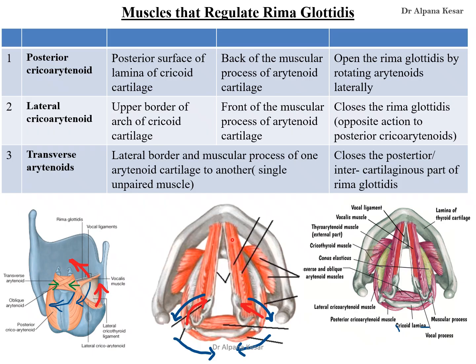These are the two vocal cords, and the space between the vocal cords and the vocal processes of the arytenoid cartilages of the two sides is called Rima Glottidis. The muscles that regulate the Rima Glottidis, which means opening and closing of the space between the two vocal cords, are